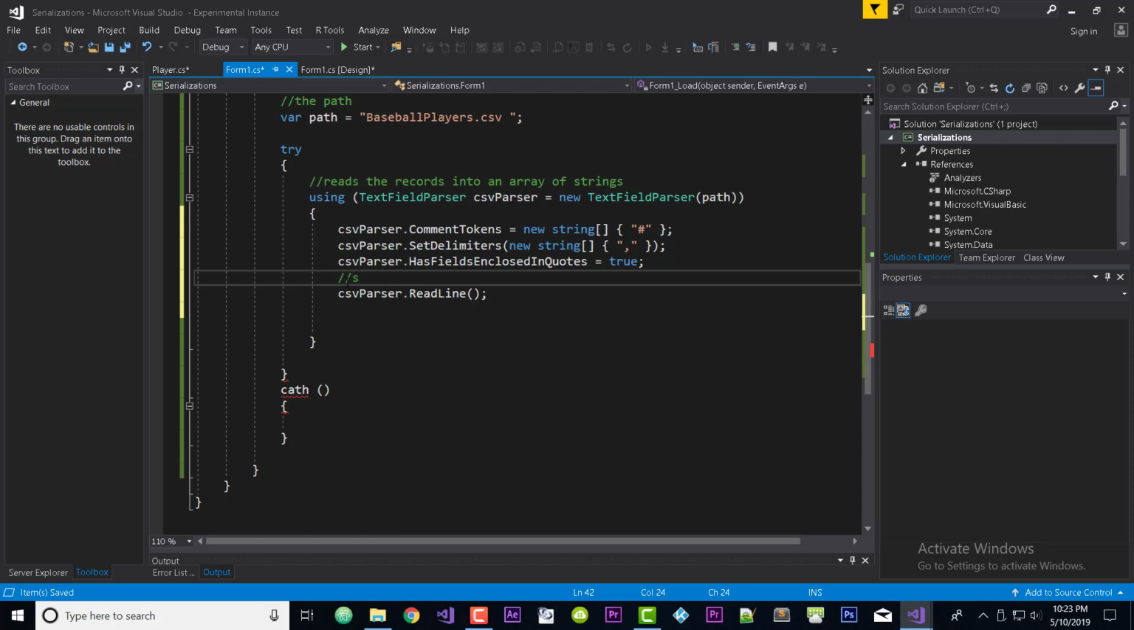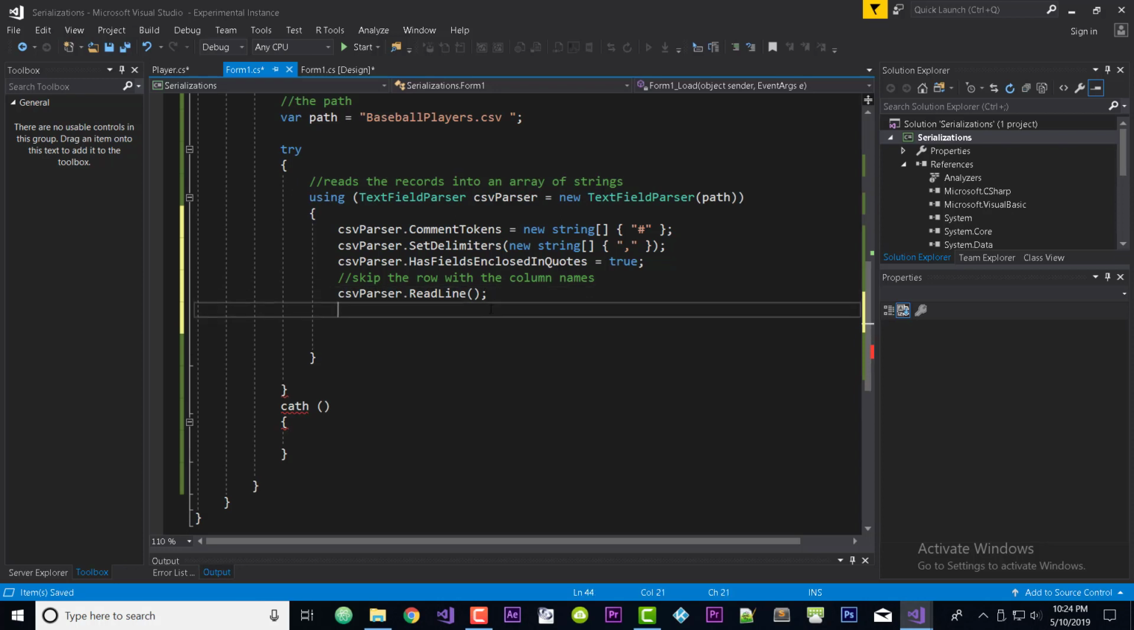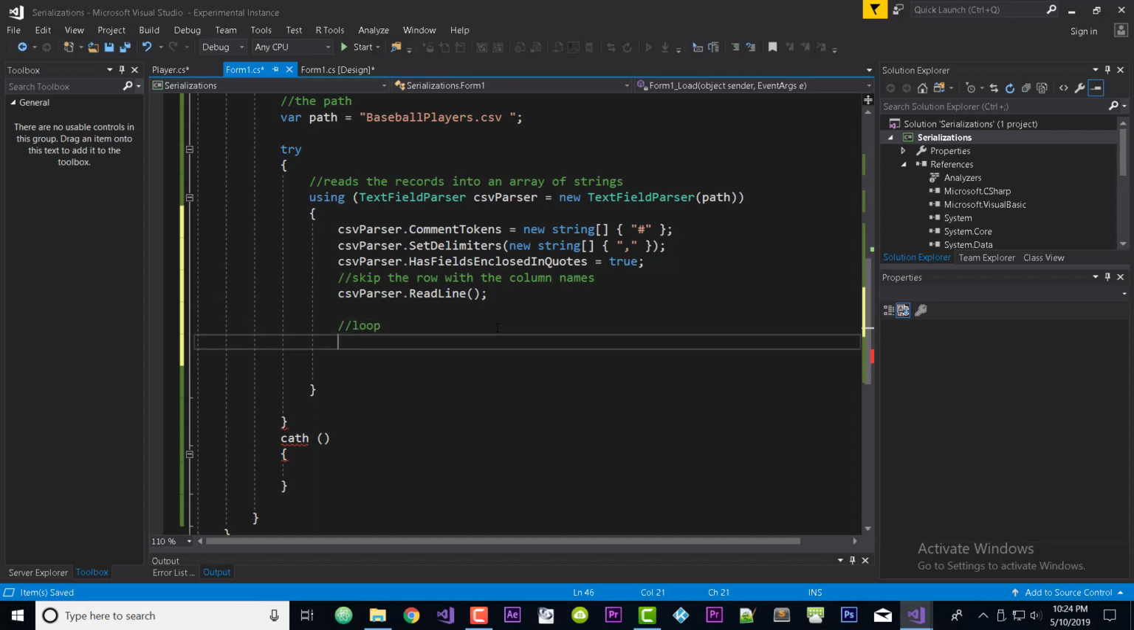Let's comment this part. You should skip the row of the column headers. All right. Now inside of this, let's use a loop. After that, let's use a while loop. Let's say while not